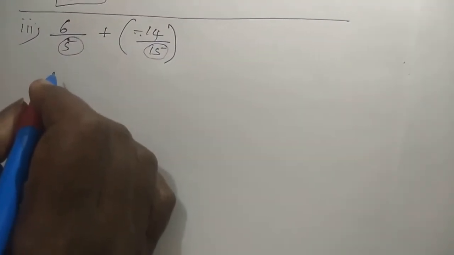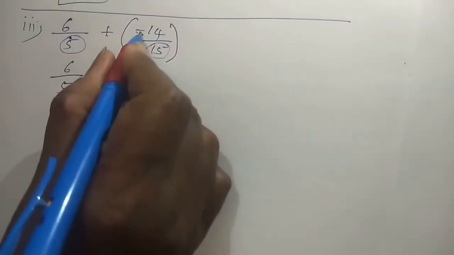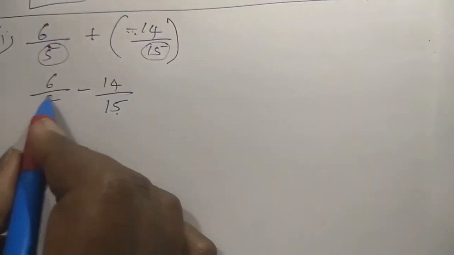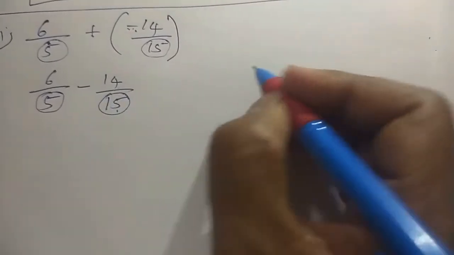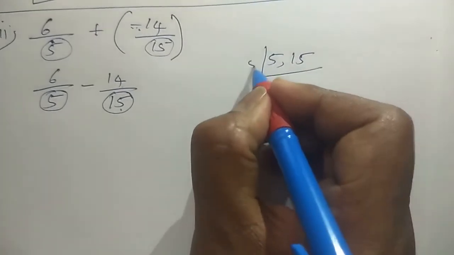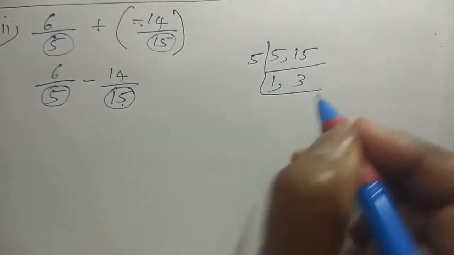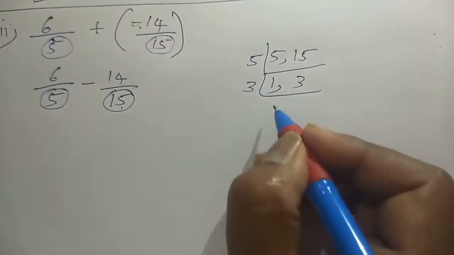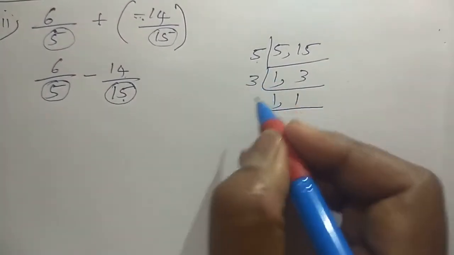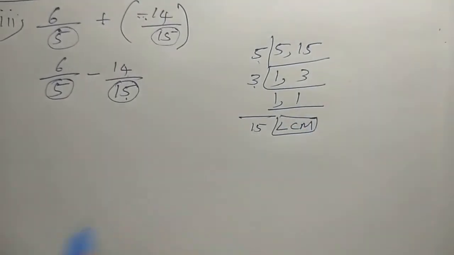So how to remove this bracket: just we put 6 by 5, plus into minus will be minus here. Now we have 6 by 5 minus 14 by 15. So now also we check, the denominators are not equal. So we will be having 5 comma 15. Now you take the LCM. So we go with 5 table. So it is 5 ones are 5, 5 threes are 15, correct? So next thing is, we have to take 3. So it is 1 comma 1. So we can stop now. So what we have the answer is 5 3s are 15. So this is your LCM, correct?